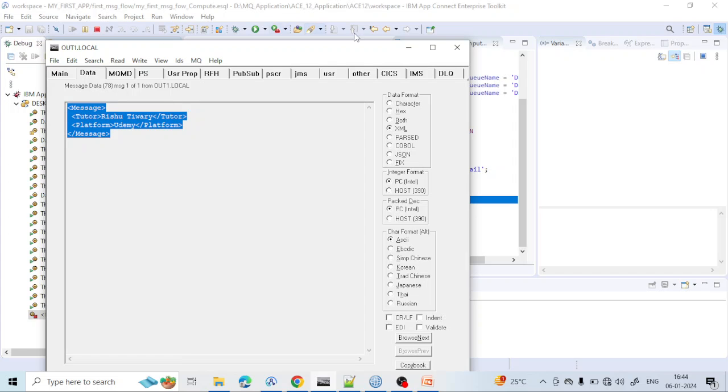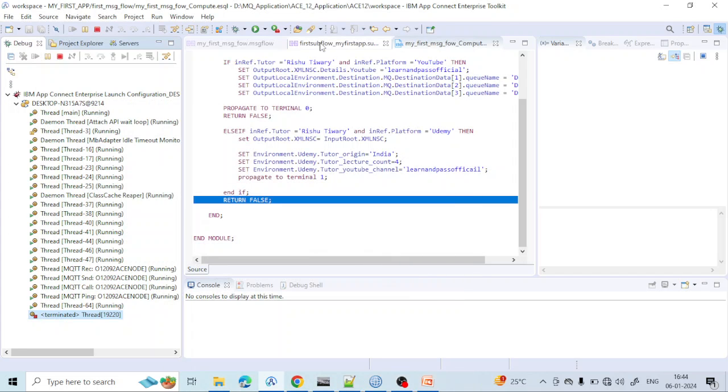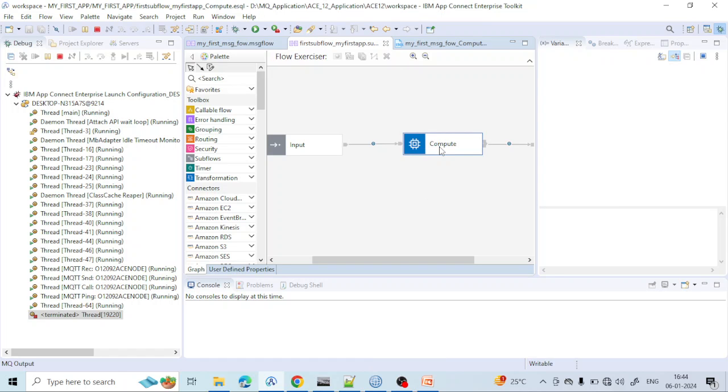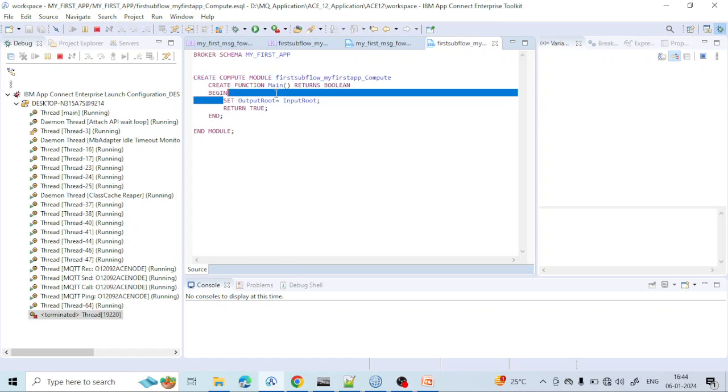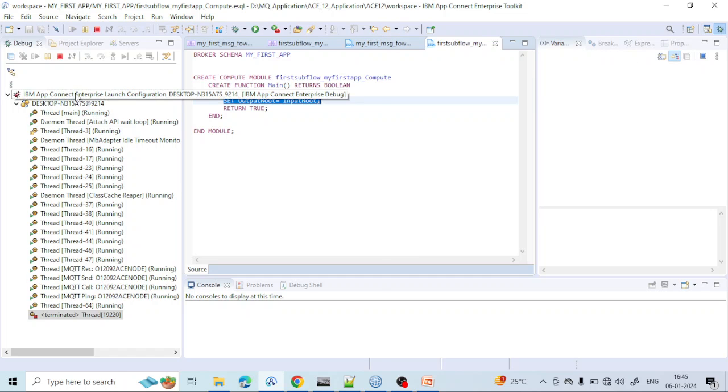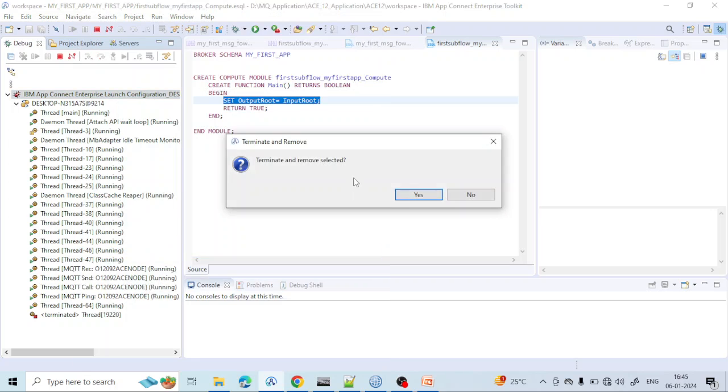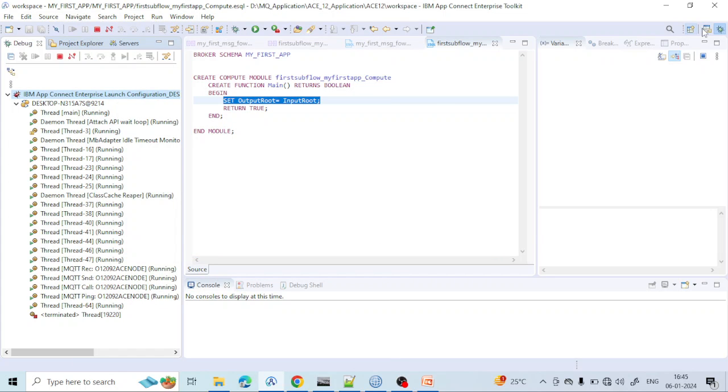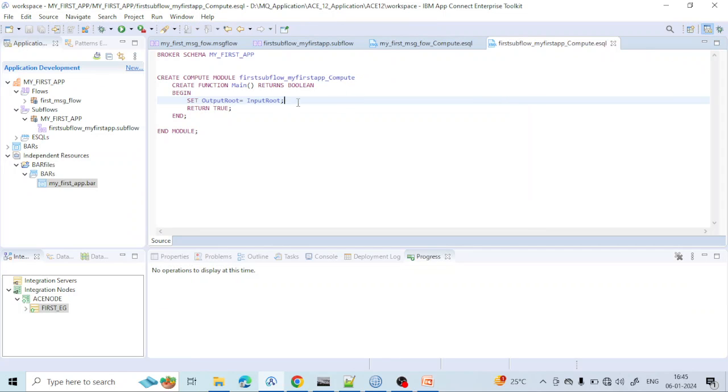I recommend that if you want to write something in the subflow, you can set some value or access some value from the environment. Let me write some lines for you. I was not supposed to write, but let me write for you. Let me set output root, set output root dot XMLNSC